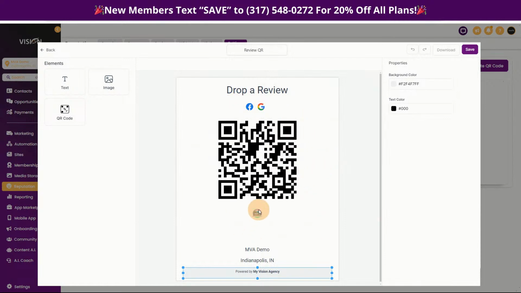It's going to pull in the logo from the account. This is actually a demo account, so you can see my demo logo. And the name of the account that I have here is MVA Demo. It's going to pull in the city that I'm in, and it'll even have "powered by your agency." Okay. Now, if you don't like the way that this looks, you can actually customize it,